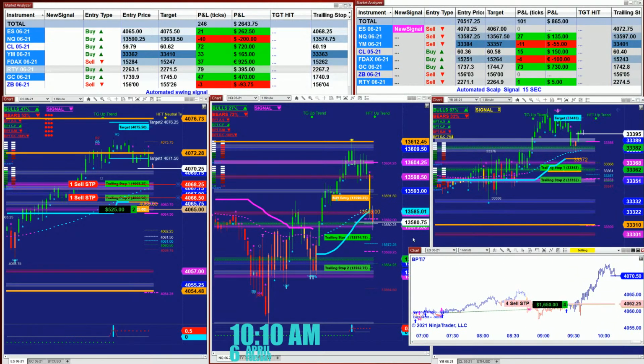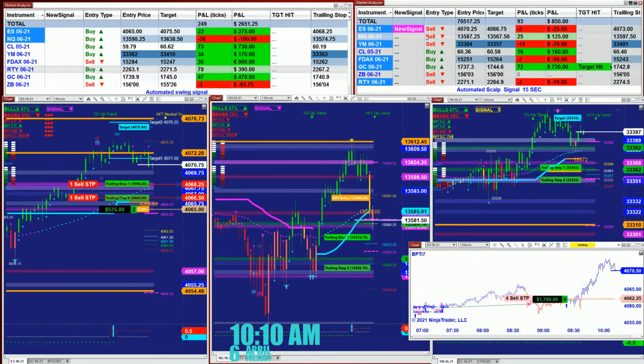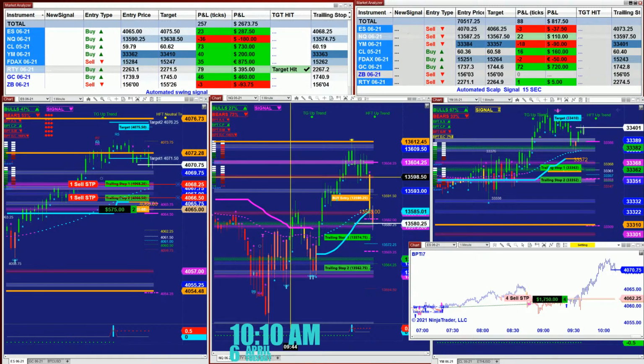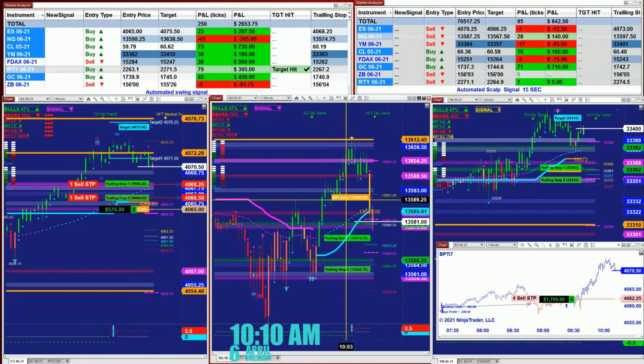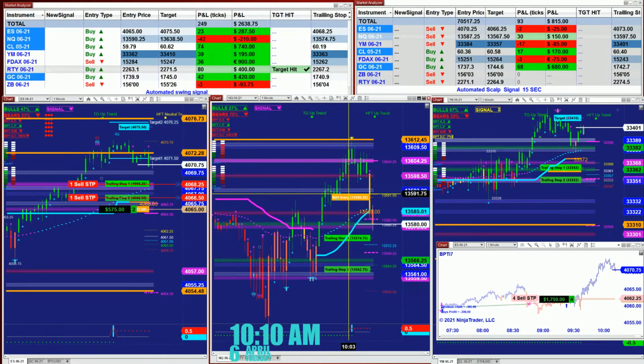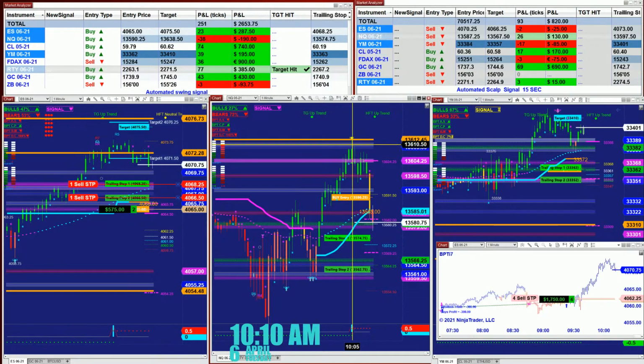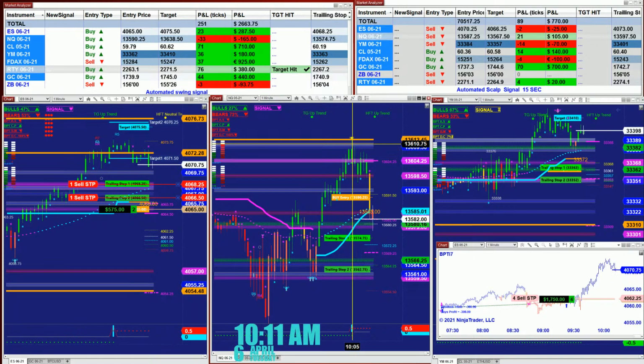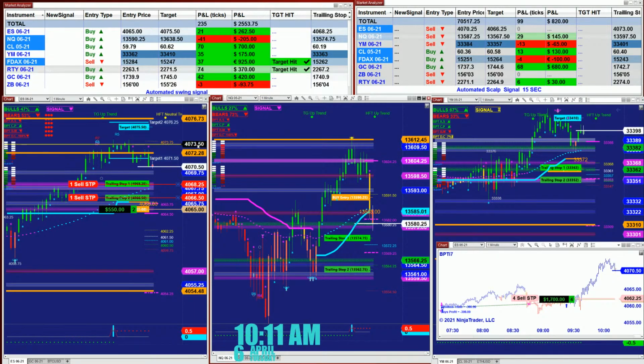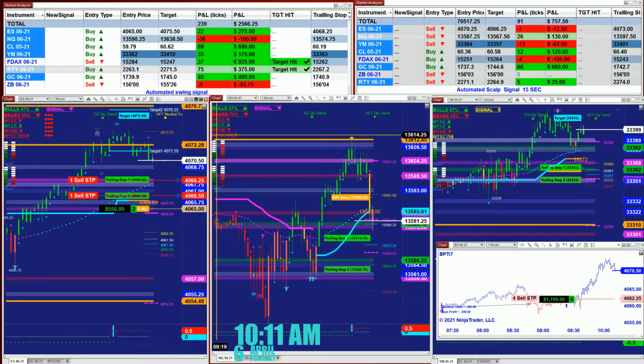We just have a new signal on the scalper, a sell position. On the scalper, we had a sell position, and now we have an ES on a sell position. When it entered this market, we didn't know if it was going to project from that line or that line and this line, which it did, on the double resistance at the 610 level. So right now, if we look at this NASDAQ, it is really